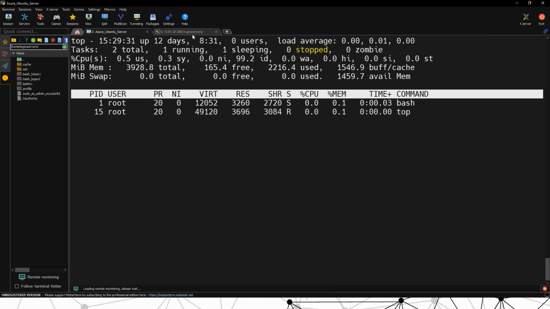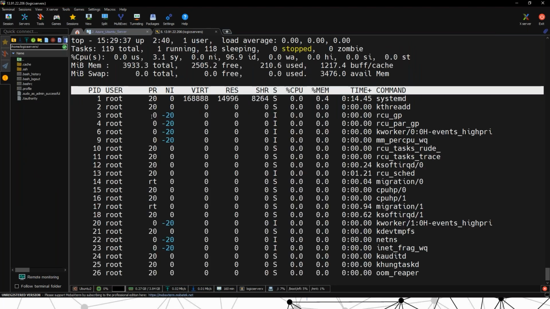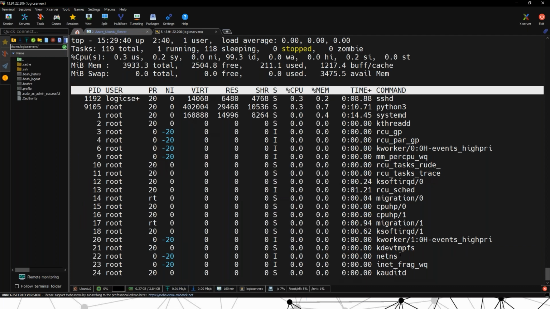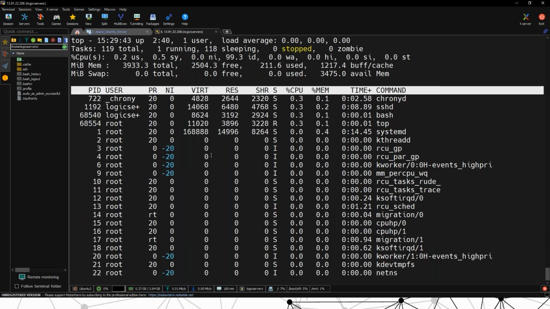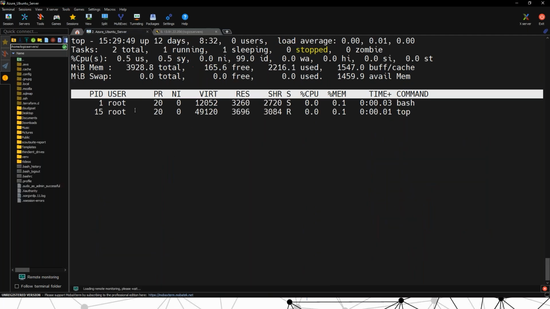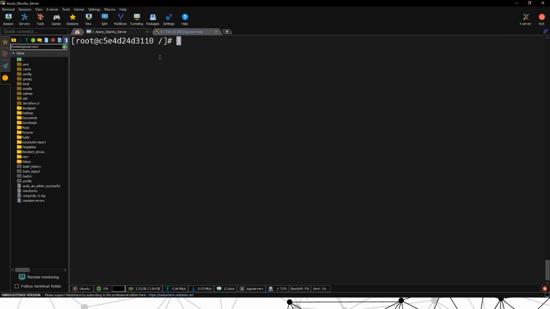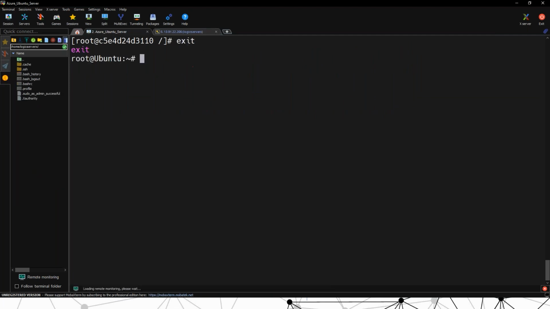If I go to a normal computer and look at my memory, you see all these things. It's not over. If you search, you have more and more things. There's a lot of things running in my server. But if you go to a container, you're seeing only two processes running, nothing more. So there is no complete OS there. Because there is no complete OS, it saves a lot of time, effort, money, and all of these things. Okay, clear?